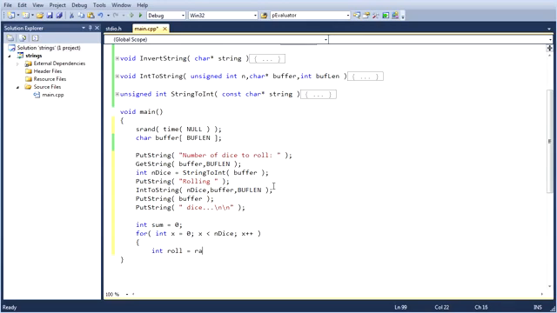Int roll is equal to rand mod 6, plus 1. Right, so a 0 to 5, and then we add 1, gives us 1 to 6. And sum plus equals roll. Got to keep our running total. And then we've got to convert this. Oh, we'll do this down here. Okay, so we're going to convert this. We do int to string roll, buffer, bufflen. Convert that into a string, and then we want to put string